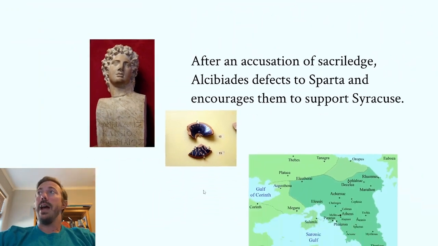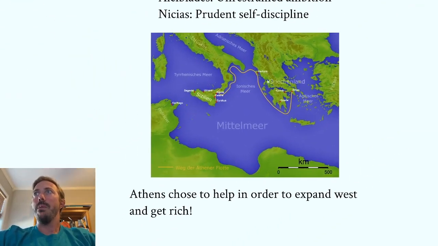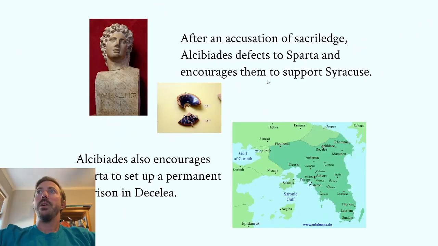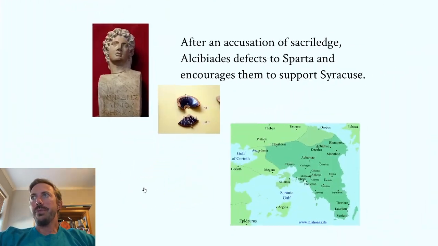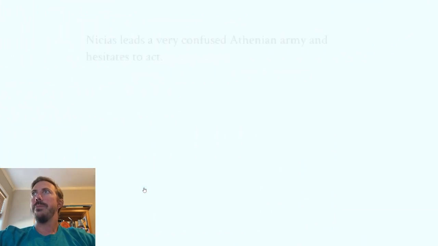So, Athens exiles Alcibiades, and he defects to Sparta and encourages them to support Syracuse. Oh my gracious. Drama going on. So Alcibiades also encourages Sparta to set up a permanent garrison in Decelea, which is another city-state in Syracuse. Okay,